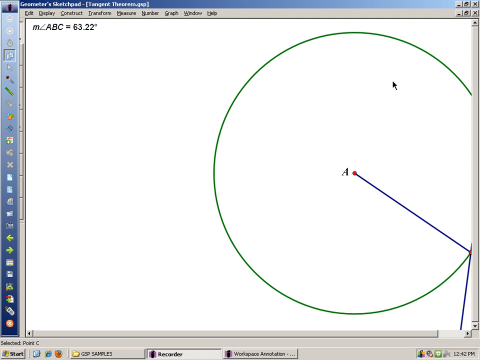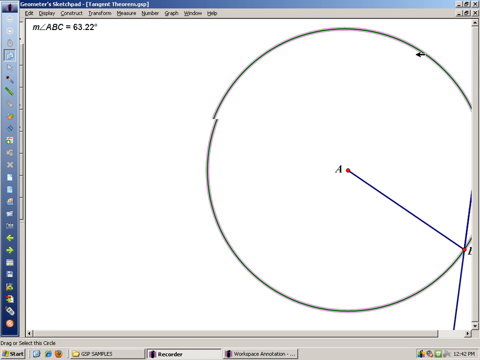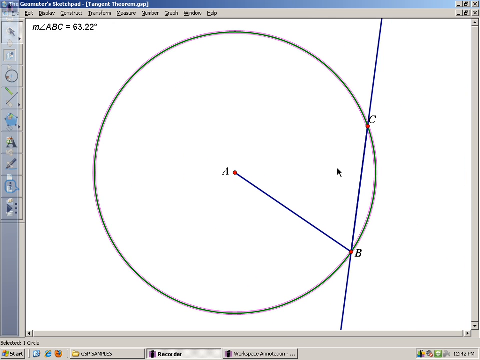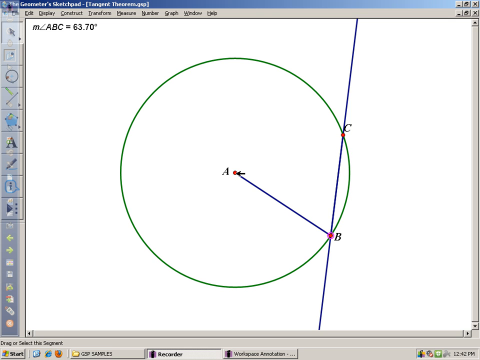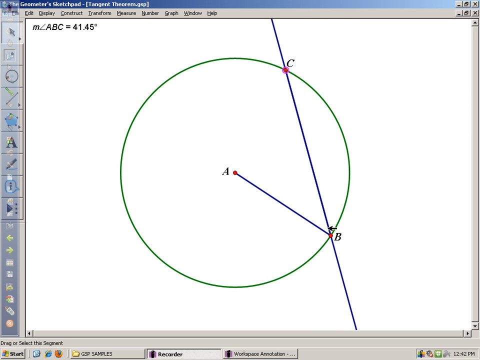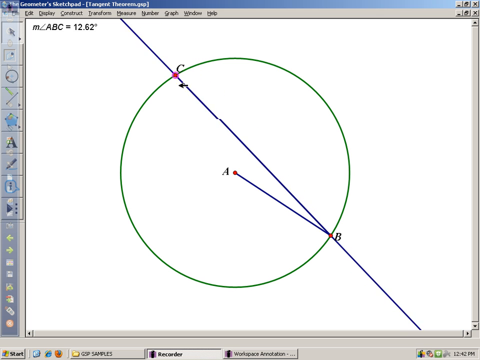So what we have here is a circle. Let me make it a little smaller. And segment AB is a radius, and line BC is a secant line right now. So it's intersecting the circle in 2 points. And what we're measuring up here is this angle ABC, the angle between the radius and the secant line. So as the point moves around the circle,